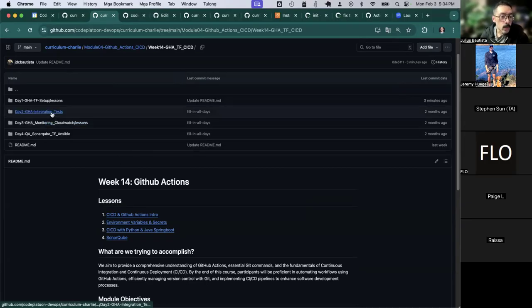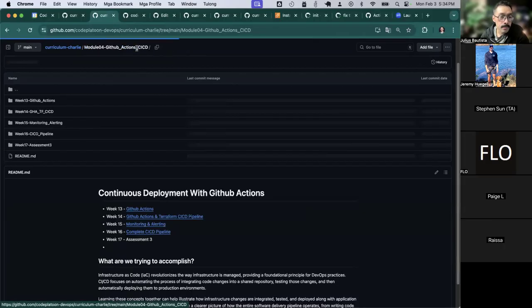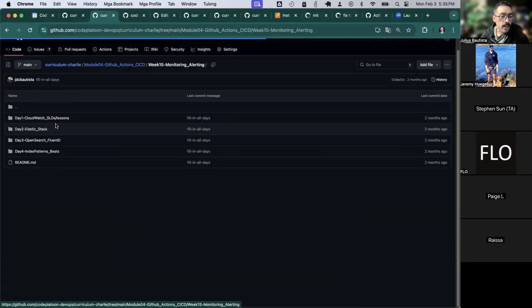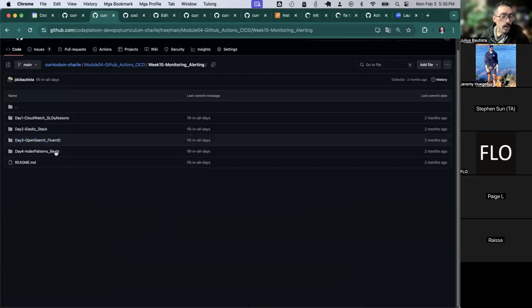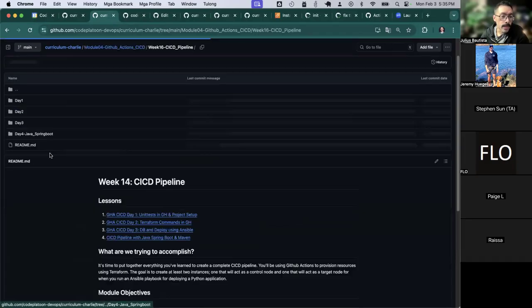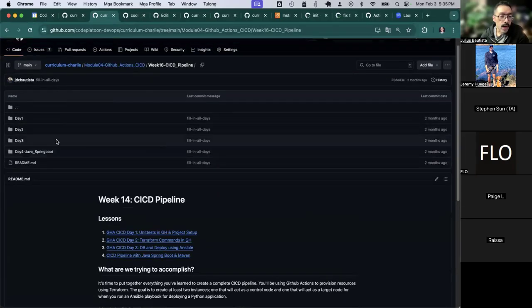So we'll start to talk a bit about integration testing, adding monitoring, and working with SonarQube, which is like a quality assurance testing tool. So that's going to be the rest of this week. We'll cover a bit more monitoring and alerting next week, and that's going to include doing a bit of CloudWatch, working with Ansible Beats, and then you'll be putting it all together on the 3-day pipeline